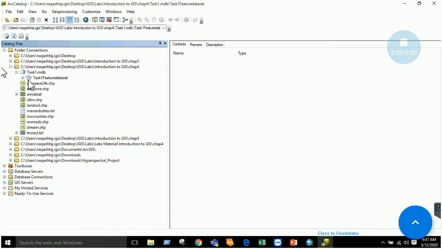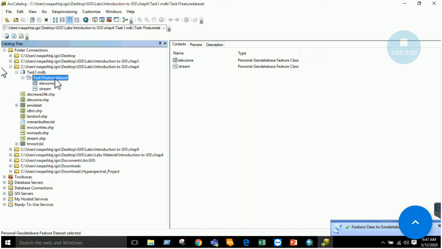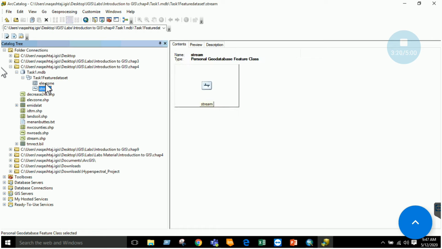Once you click OK, a process will be executed, and your two shapefiles are now actually a part of this feature dataset, which is in turn a part of this geodatabase. So this hierarchy must be kept in mind: you have first a geodatabase, a feature dataset, and then in that feature dataset we have imported some shapefiles, elevation zone and streams shapefile, right?